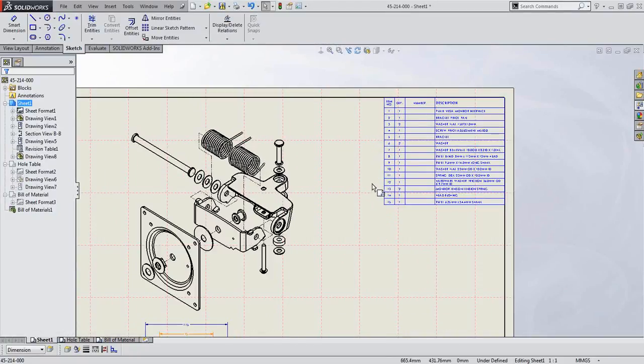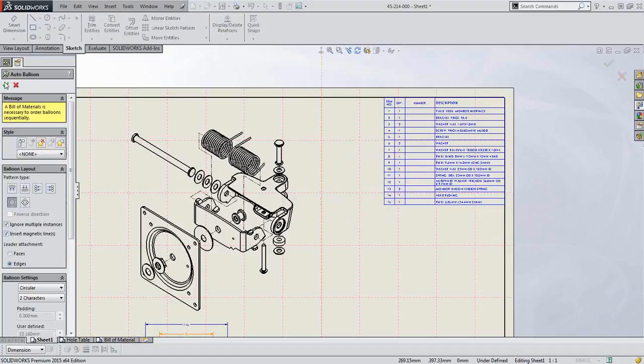This ballooning is based on the bill of material, obviously. Now, if I go for the ballooning option,